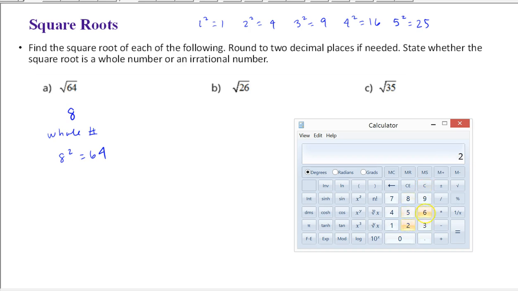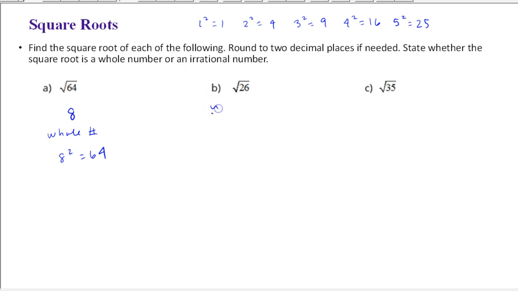So we'll type 26 and the square root symbol. And we have 5.099, and notice we have a very long decimal expansion. Because it's irrational and there's no pattern here, so we are going to round to 2 decimal places. So if I go to the second decimal place, the third is a 9, so I'm going to round up. But the second is also a 9, so when I add 1 to that, I get 10. So it's going to be 5.10. And we're going to write approximately